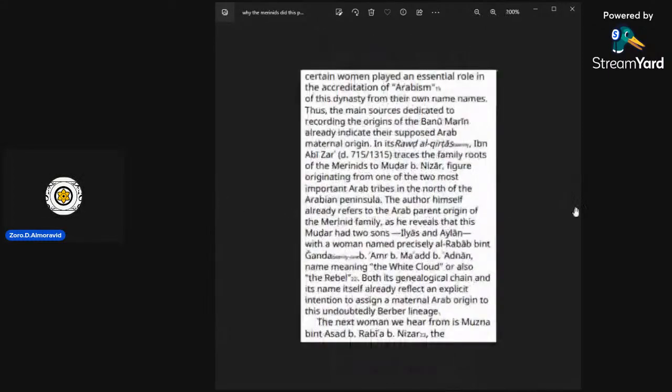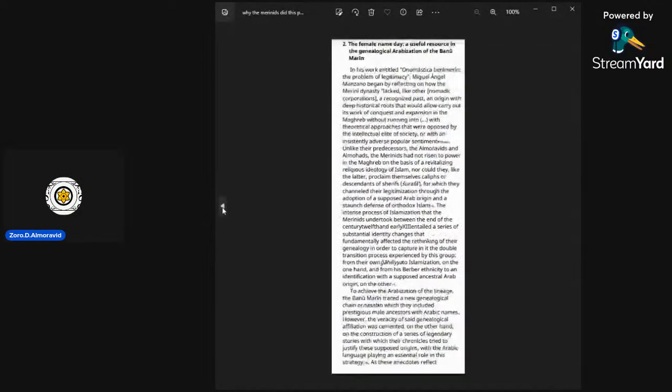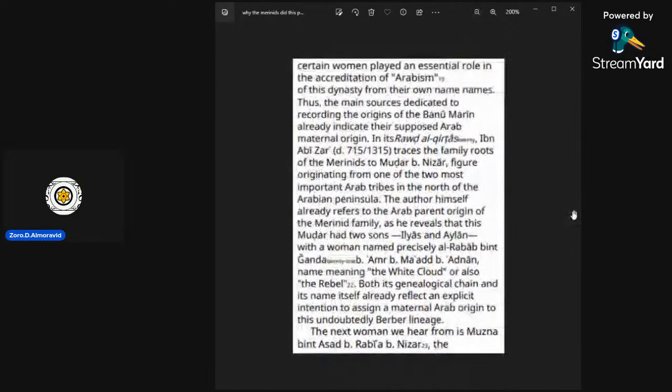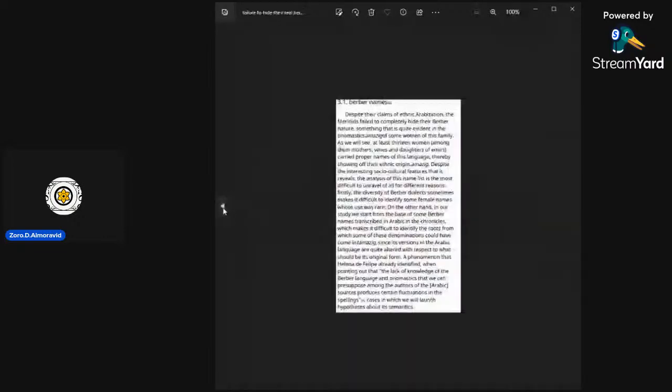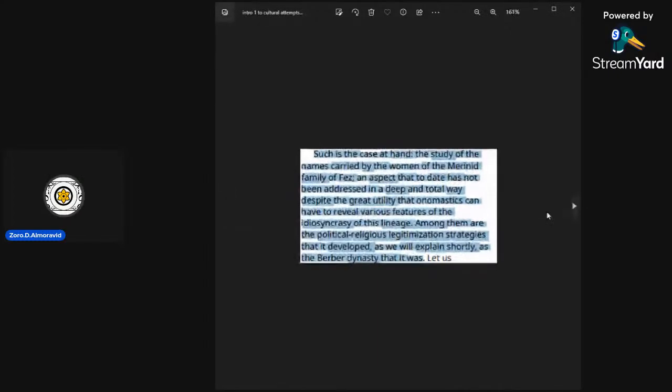To know that specifically, the study of the onomastics carried by the women of the Marinid family of Fez, or the Marinid dynasty,